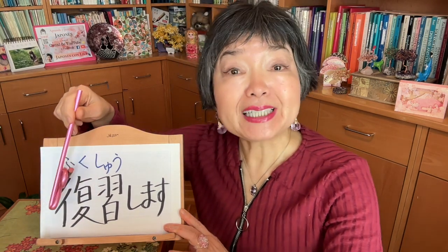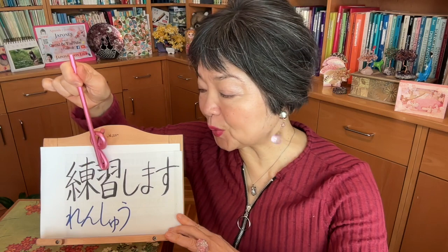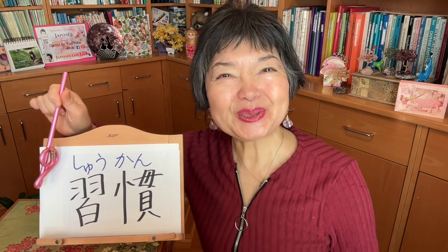The verb to review, to revise: 復習します. Kanji meaning: this 復 means repetition, to repeat. So I'm going to learn repeatedly what I learned at school. 復習します, to review. The noun practice: 練習. Only 練習. Then the verb to practice something: 練習します. Habit, customs: 習慣, customs and traditions or rituals: